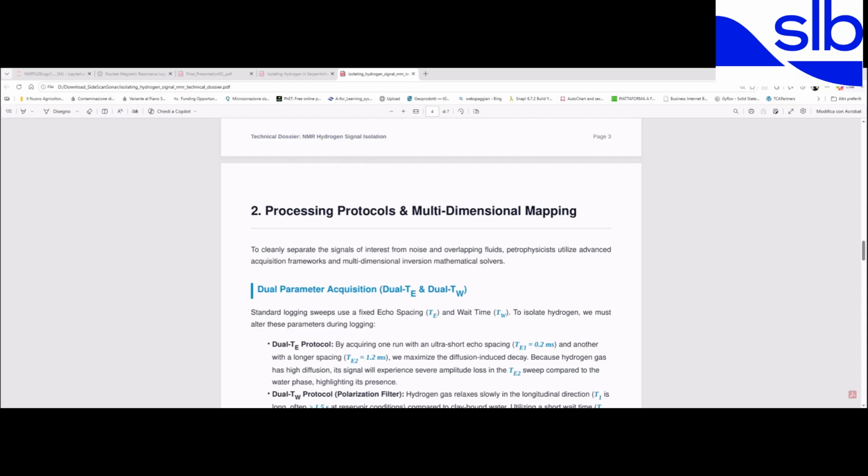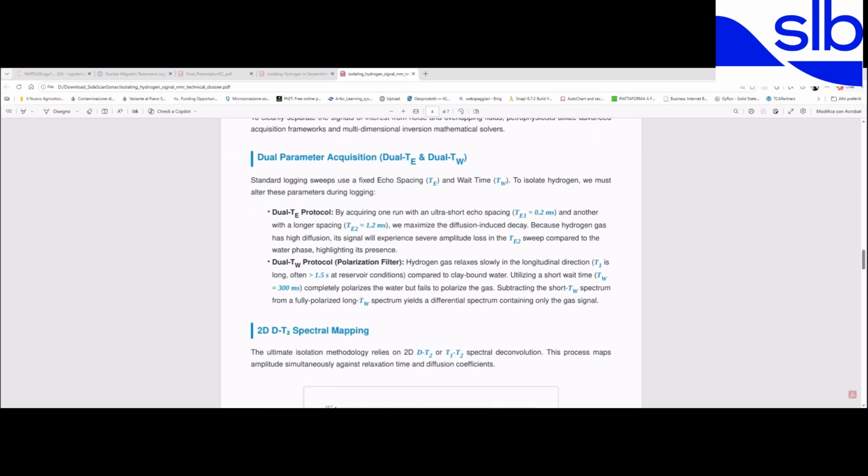Processing protocol and multi-dimensional mapping. To cleanly separate the signal of interest from noise and overlapping fluid, petrophysicists utilize advanced frameworks and multiple dimension inversion mathematical solvers. The dual parameter acquisition: you need to consider the dual TE and dual TW. Standard logging sweeps are fixed to echo spacing TE and weighted TW. To isolate hydrogen, we must alter these